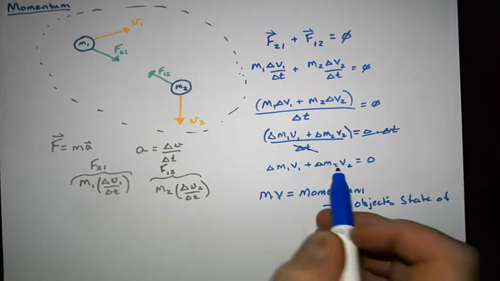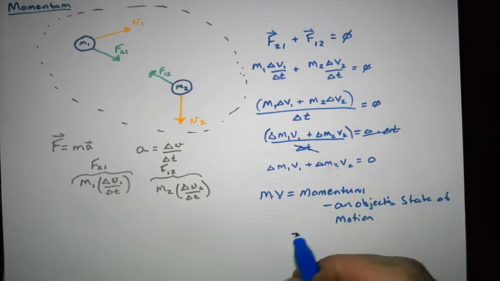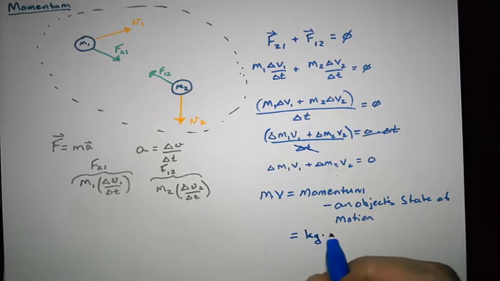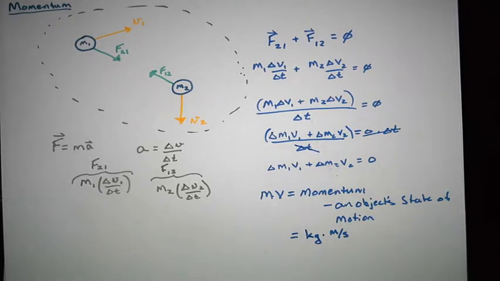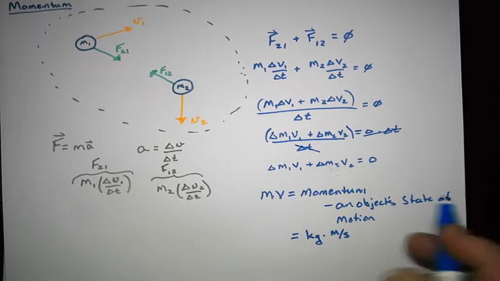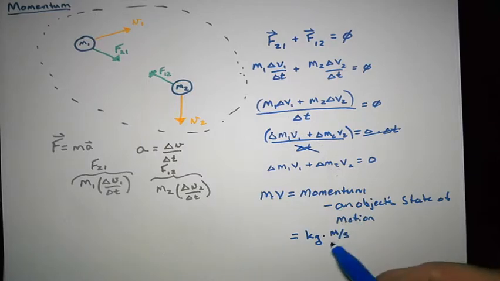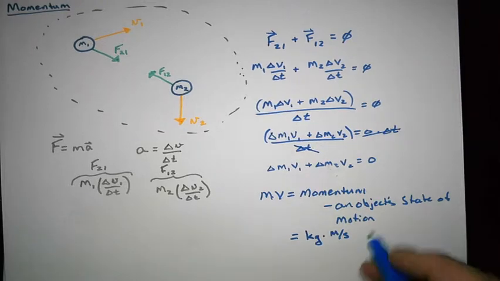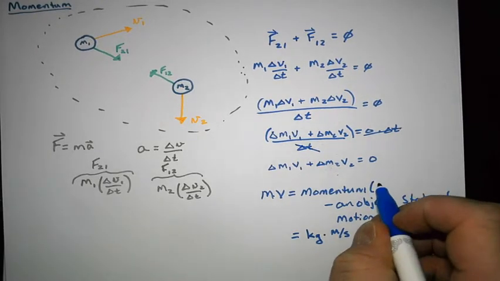Well, this right here is the change in momentum. Oh, and by the way, momentum has units of kilogram meter per second. Now we know that a newton is a kilogram meter per second squared, right? Well, there isn't really a unit for this. It's just a kilogram meter per second. I like to call it a mo. But that's just my term for it. I wish we could just call it a mo, but that would be a very English-centric term, and so we creatively call it momentum. By the way, our variable for it is p.